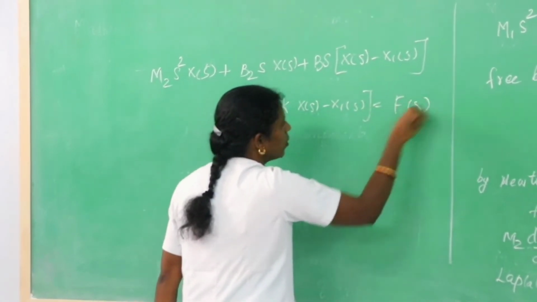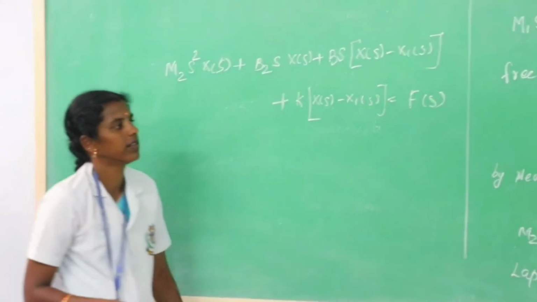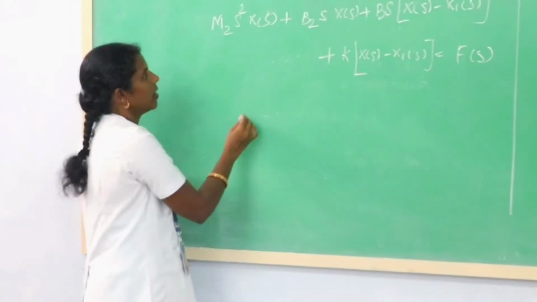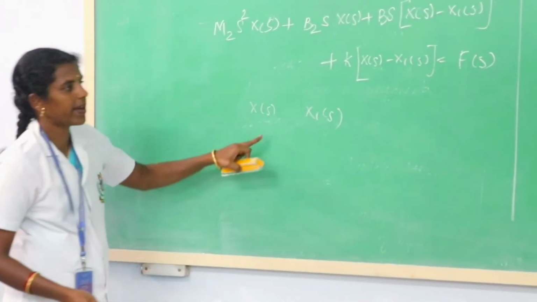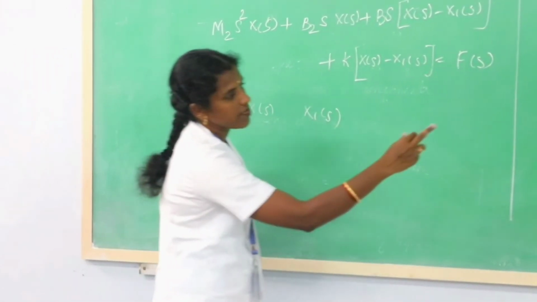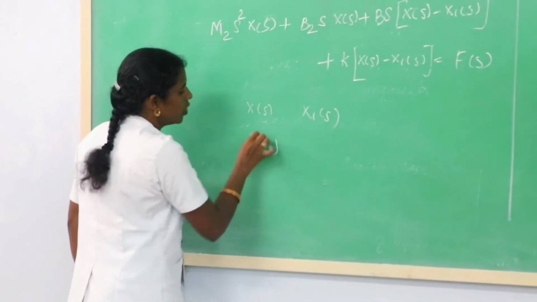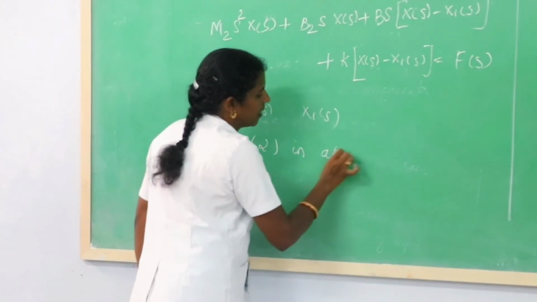This is equal to F of s. Okay, so separate the terms X of s and X1 of s. If you separate it and after that substitute equation 2 in the above equation,